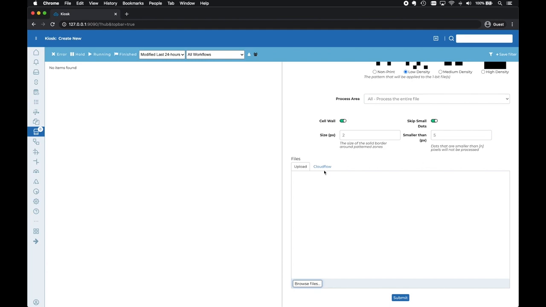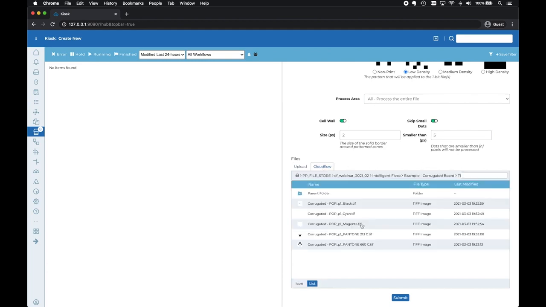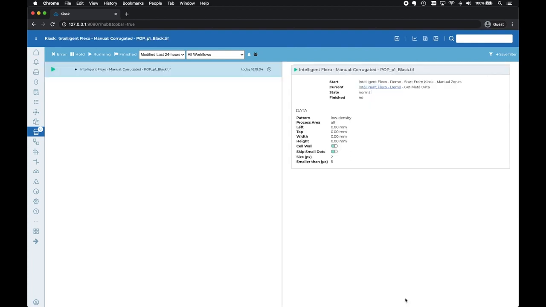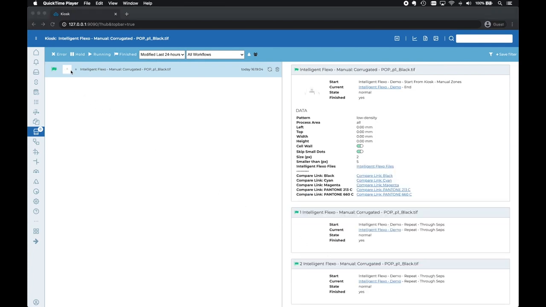Once we've finished choosing our parameters, we can then choose the files that we want to process. Now here I have some TIFFs, which are 1-bit files of course, but we also accept len files. So it doesn't matter where the files have come from, which RIP vendor, as long as it is a 1-bit TIFF or a 1-bit len, we can process it. I can see the processing is now complete with the green flag, and I can conveniently view the results online